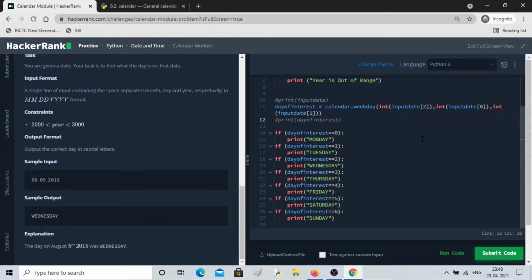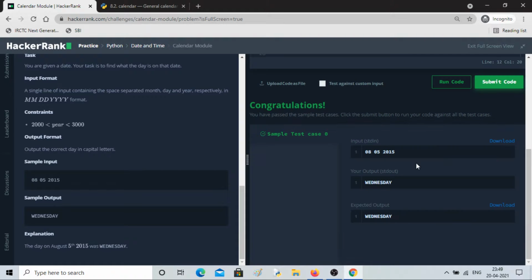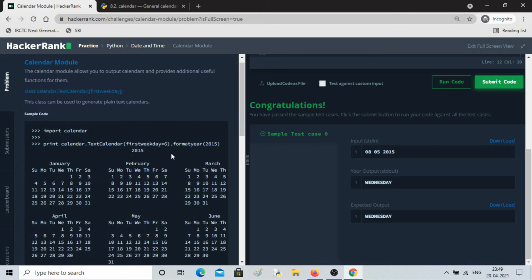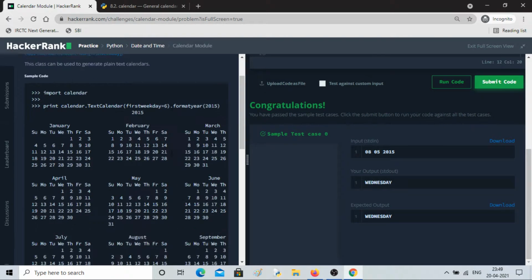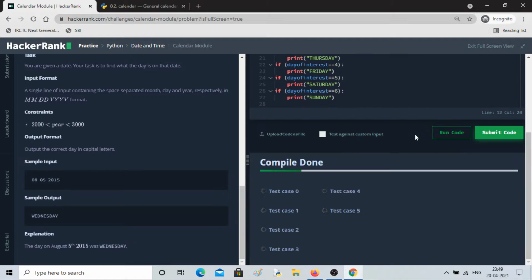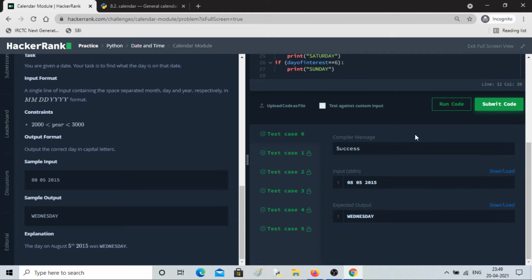Let's run it. So yeah, sample case is pass. All the constraints are fine. Now we can submit it. So all the test cases are passed.